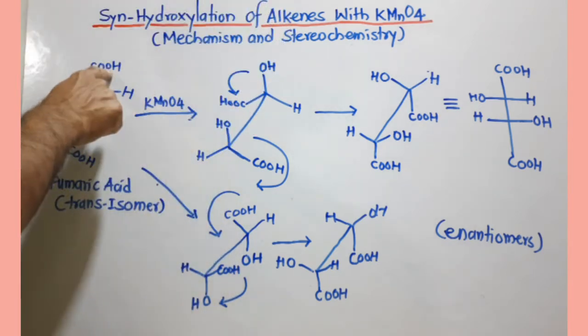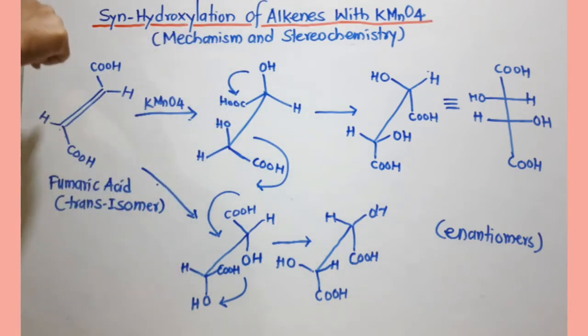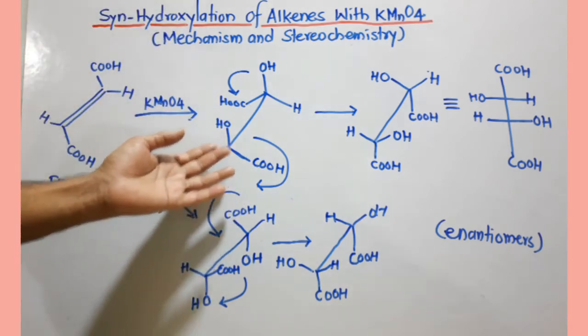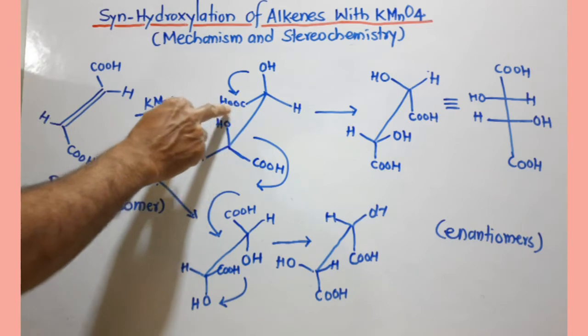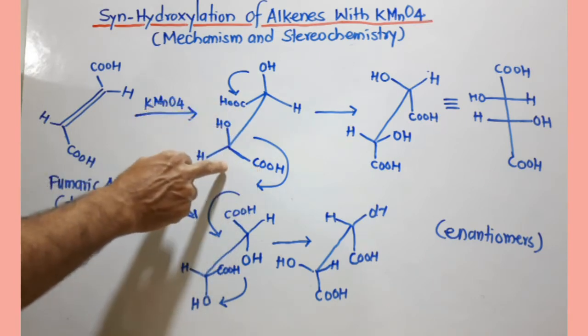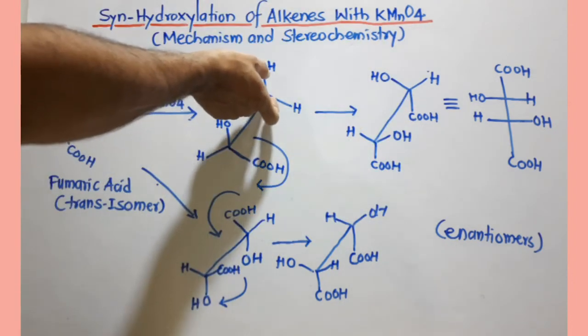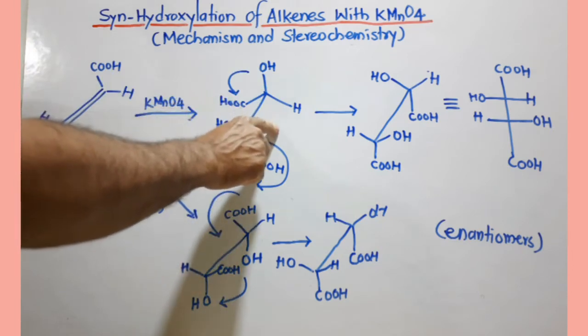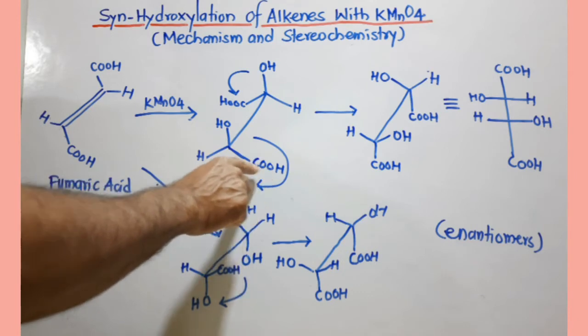So COOH group here, you can see here, H is here, and you can similarly show the bonding of carbon and hydroxyl group at this carbon, doing the same thing. These 2 groups are moving down, H and OH. Now, again, if you want to convert this into Fischer projection formula to decide the stereochemistry of the product, we have to bring the COOH group down, and both COOH groups we need down because we have to bring them on the vertical line. So I rotate this carbon in this direction to bring this COOH here, and I have to rotate this carbon in this direction. So I can bring the COOH group here.